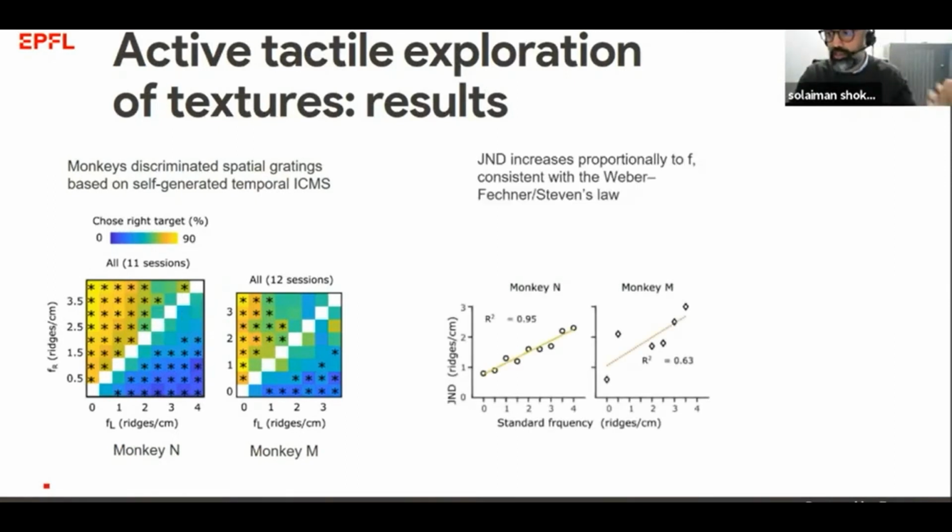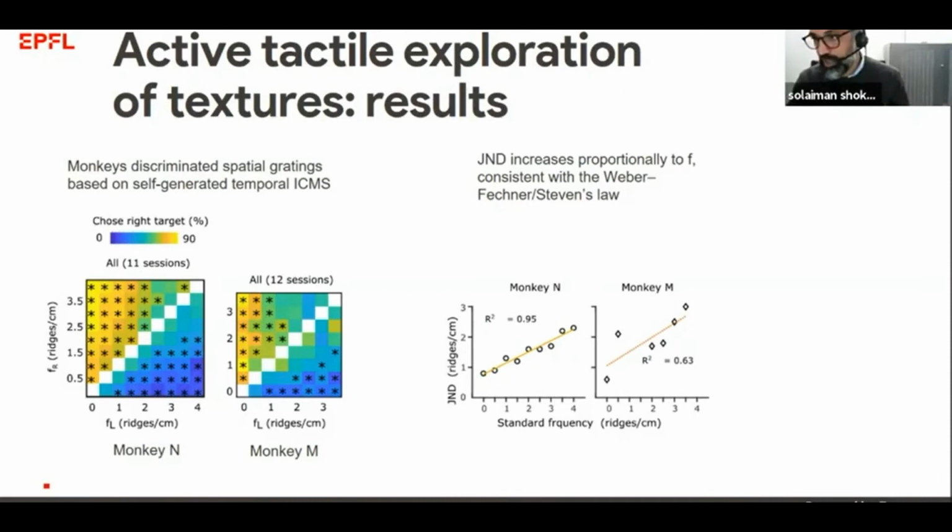And this followed nicely, for those of you that are familiar with psychometric measurements, the Weber-Fechner law, meaning that they were better at discriminating 0.5 and 1 compared to 3.5 and 4. So the just noticeable difference also depends on the base stimulation. Somehow it follows a natural law of how we use the other perceptions in our body. Okay, so now, as I think my time is running short, let's go to the conclusive part already